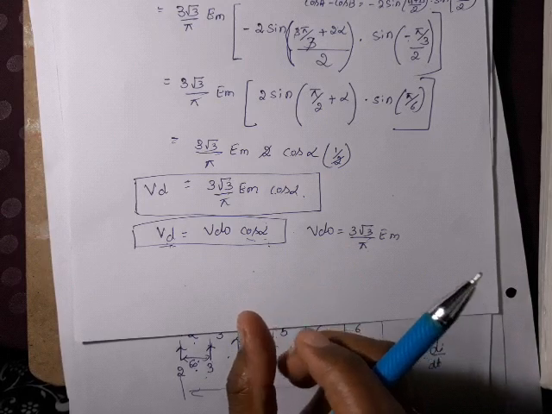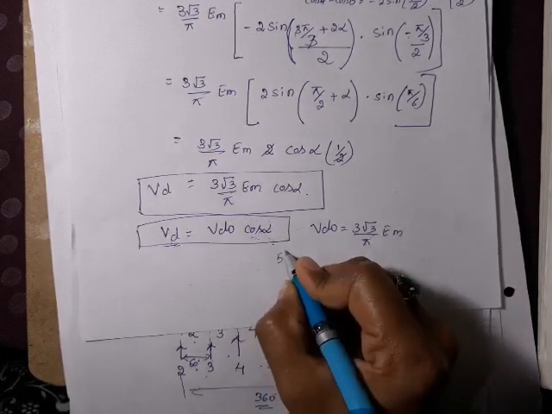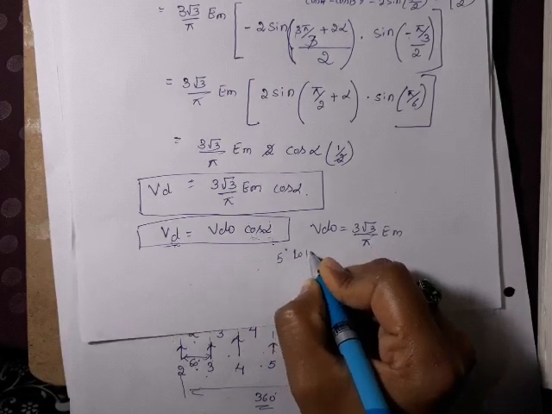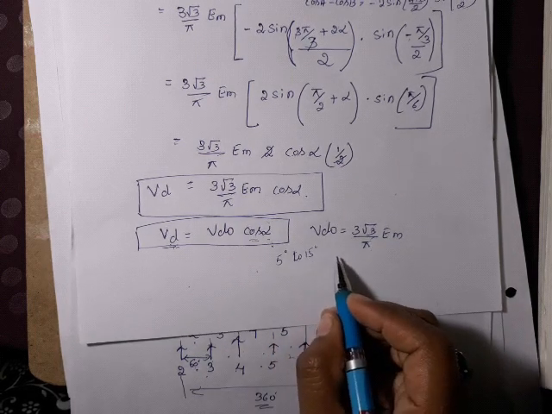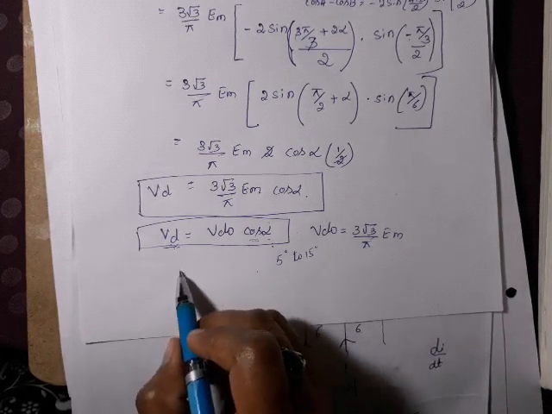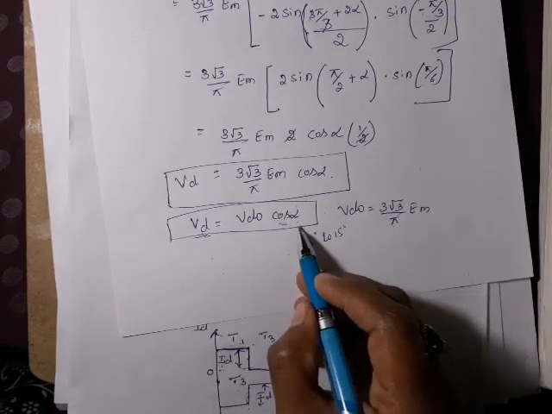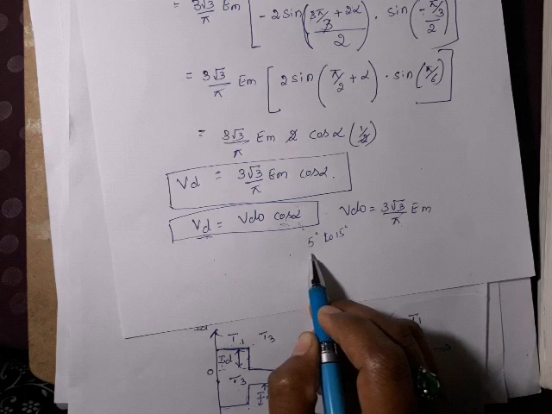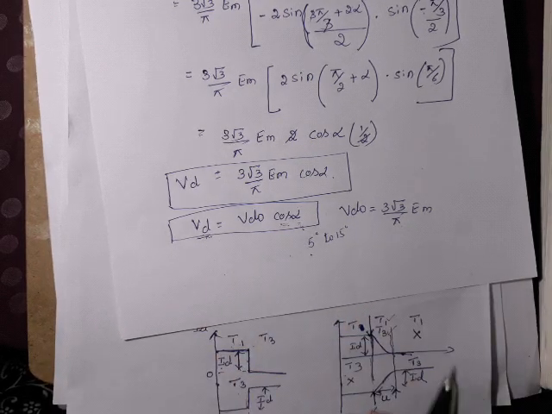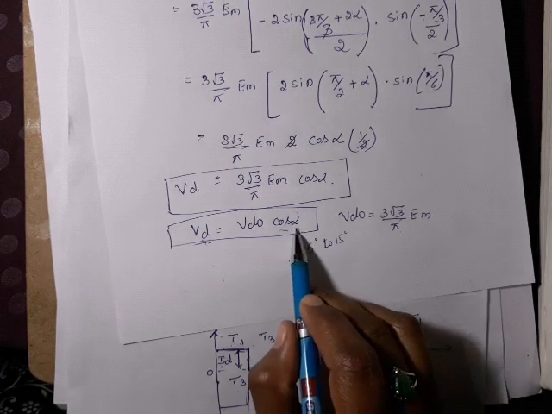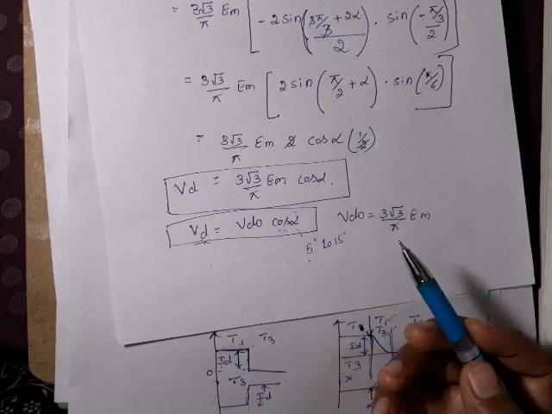So we should have some margin for alpha. We should not cross that limit. Usually we keep 5 to 15 degrees. We should not exceed more than 15 degrees, because if we exceed more than 15 degrees, output voltage gets reduced. You can ask a question: at any value of alpha, the output voltage is not equal to the full value, right? So it will get reduced. Only if alpha is equal to 0 will we get the maximum value. Then we can fire the valve even at 0 only.